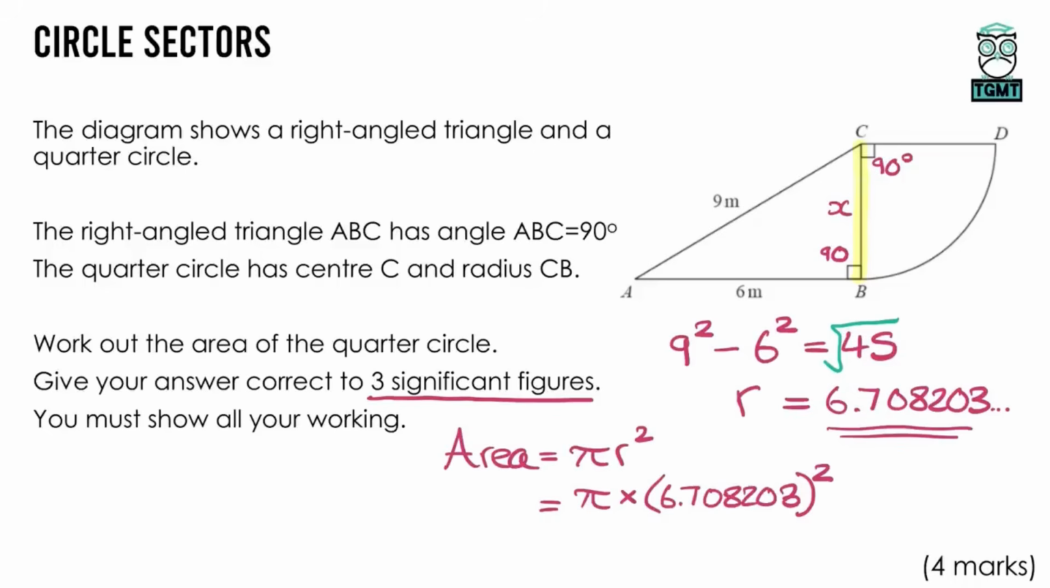Now that comes out as 45 pi, or as a decimal, 141.3716694. Now, as it is a quarter circle and not a full circle, we do need to account for that. So for a quarter circle, we would just divide by 4. And if we divide this answer by 4, that will give us the area of the quarter circle. So dividing that by 4, and I'll have to write it over here, we get